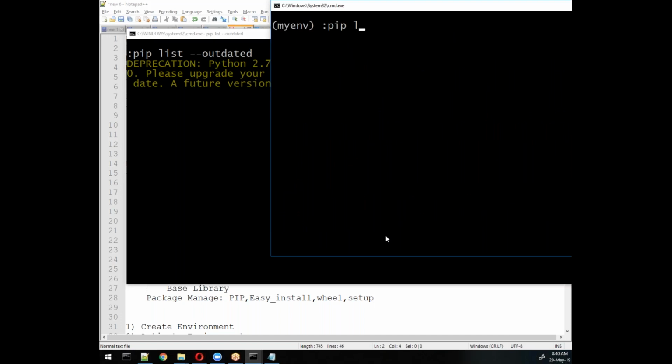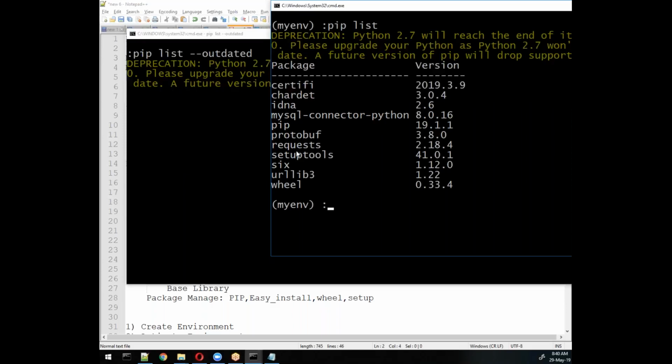We installed requests, right? So here I'll write list. Now I have the requests package in the list. The requests package requires idna, chardet and certifi. These packages are also installed, and whatever version we installed, we got the same version, remember. Based on this version, whatever dependency version is required, they will share the same dependency version number. That means 2.18.4 requires this version of chardet, 3.0.4. Remember, we need to understand this.